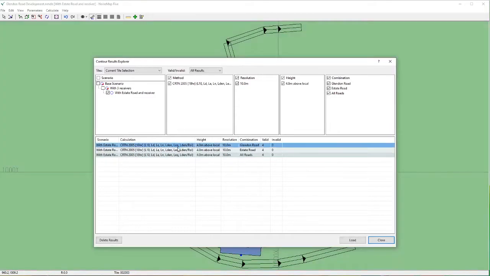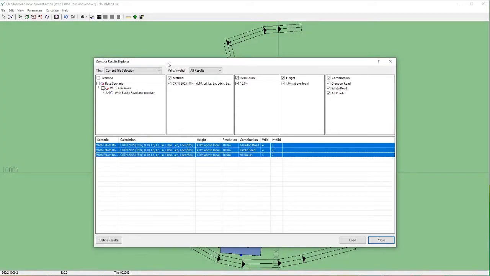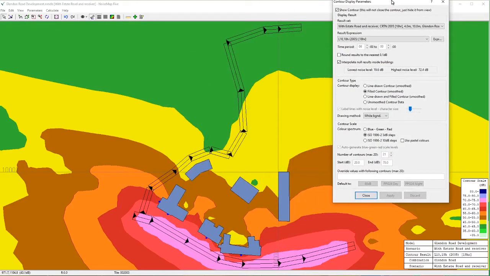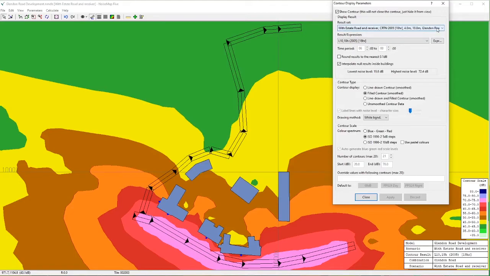So holding down the shift key, I select all those. They're green, which means that they've got valid results in them, and I load them. And immediately we see the contour for the first of those combinations, which is Glendon Road. And if we're not sure what it's showing, there is an information box here which makes it very clear. We're looking at the L10 18-hour result for the combination Glendon Road and in the scenario with Estate Road and